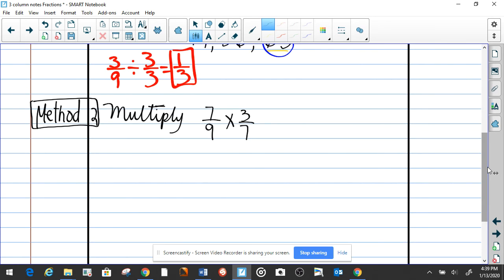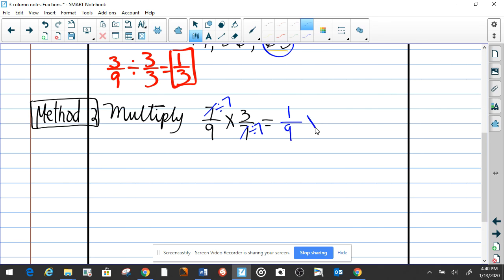So here's where this is going to be a lot simpler. If you pay attention to these two numbers, there's a 7 on the top and a 7 in the bottom. So they can cancel each other out. That means they can be divided by 7. Remember, we can do this because we're doing this to the numerator and the denominator. So 7 divided by 7 equals 1, and the denominator stays the same as a 9,